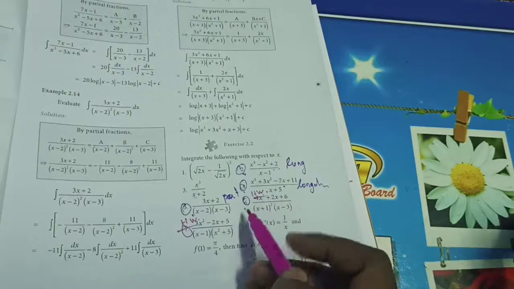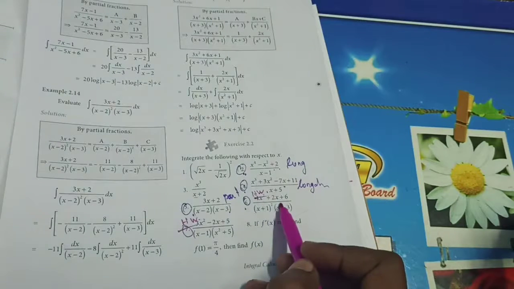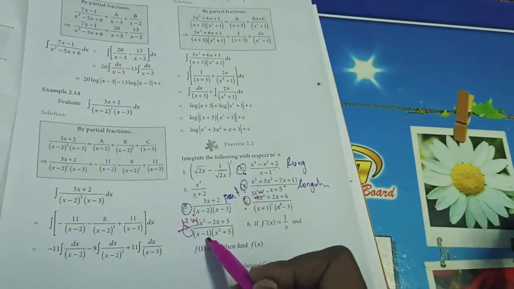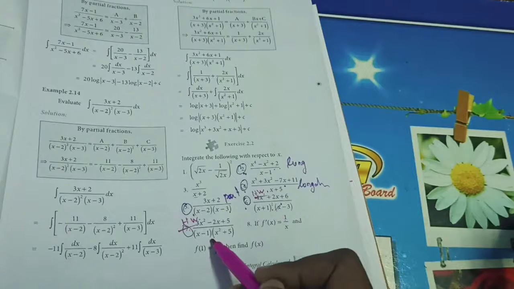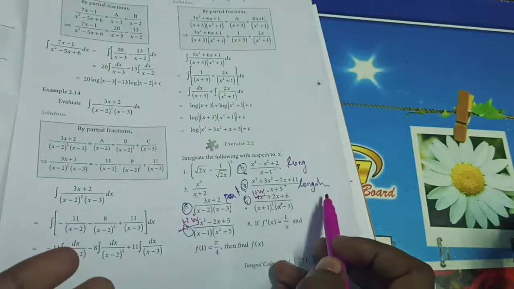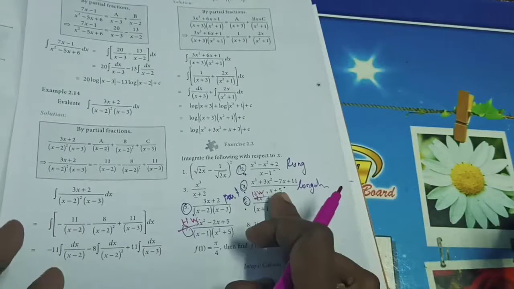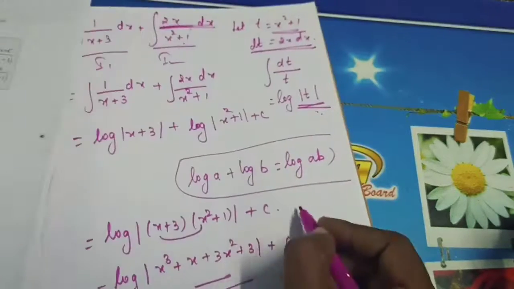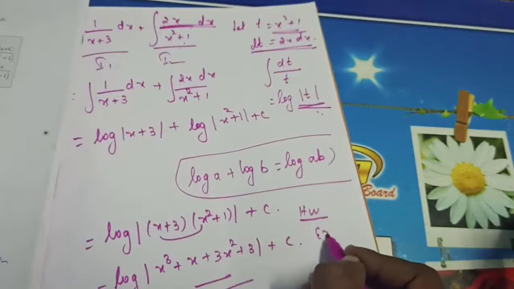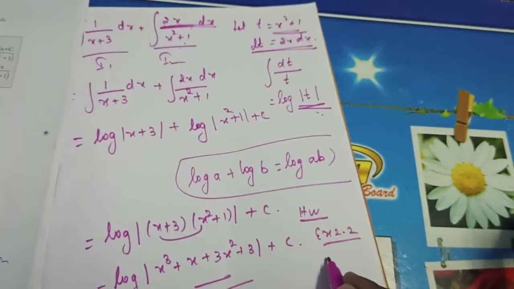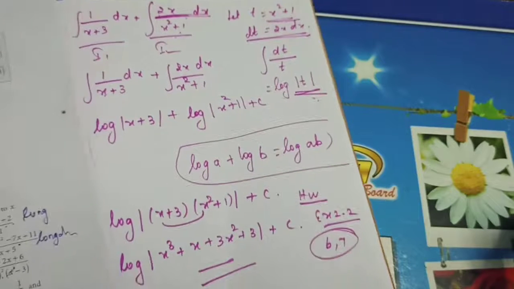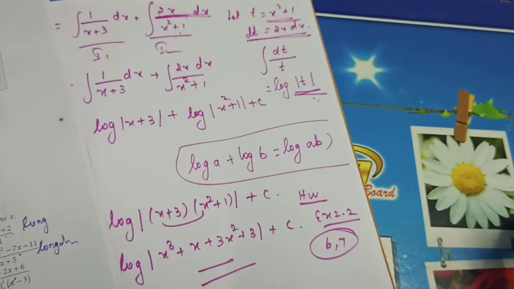Okay. So today we have completed 2 examples. Is it right? This one is type 2 and this is type 3 partial fraction. So this one is A by B by C, and this one is A by Bx plus C. So these 2 questions are homework for you. So let's take your homework. That is homework: Exercise 2.2, problem number 6 and 7 is the homework. Understand, students? I hope you can complete it. Okay. See the example models and do it correctly.